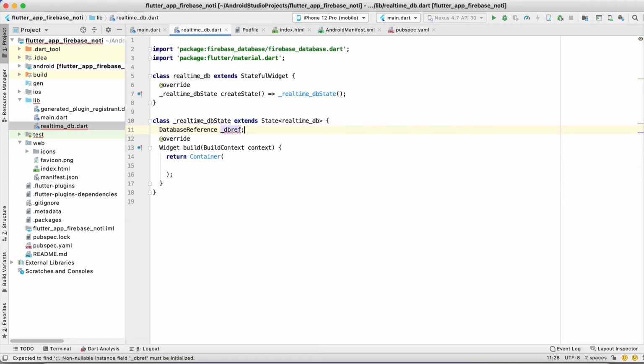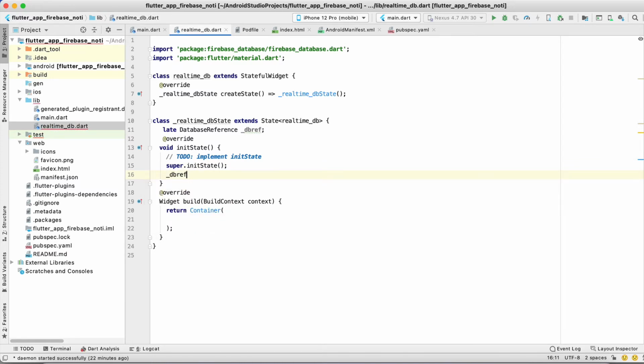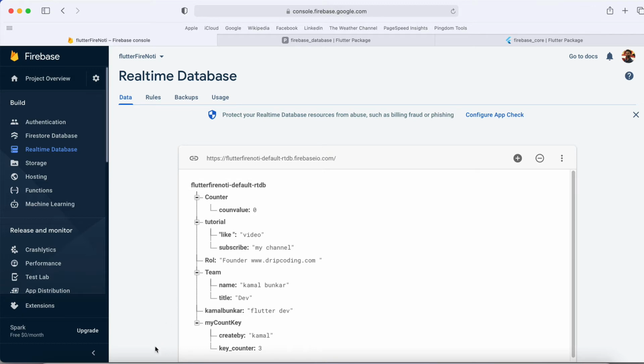We will initialize it inside initState. So in initState, the database reference is equal to FirebaseDatabase.instance.reference. Now using this object I can access this database.